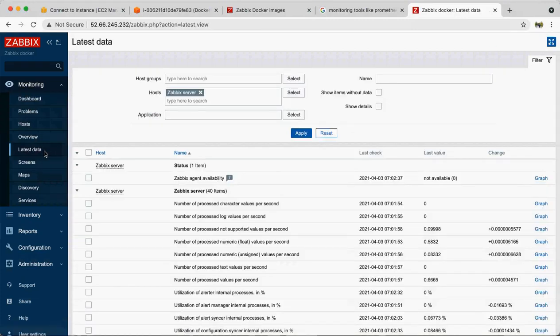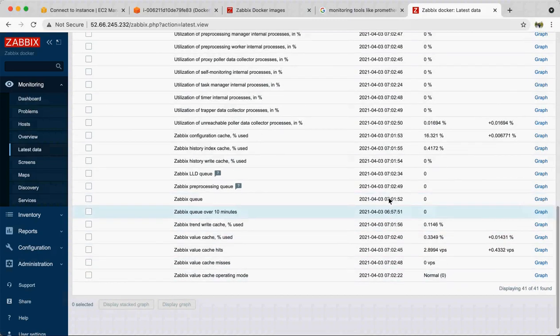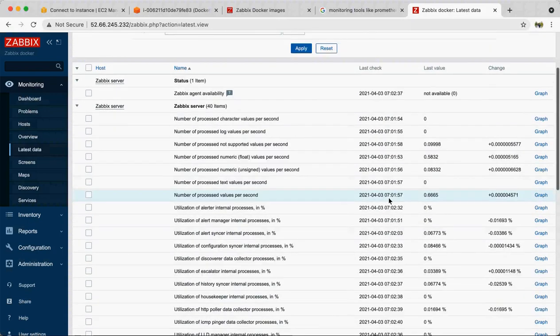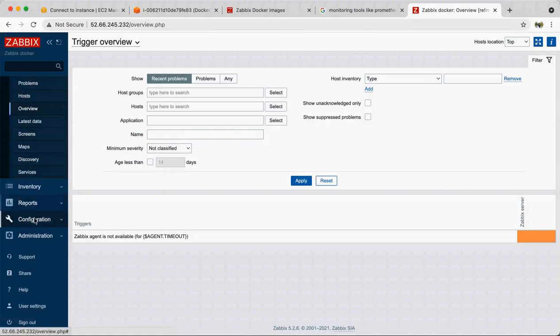Let me just show, since it is running just now, we don't have many stats available. But here you can see cache percentage usage, those kinds of things. Similarly, CPU utilization, disk utilization, RAM utilization, network utilization, all these different parameters can be monitored. Okay, so what else?